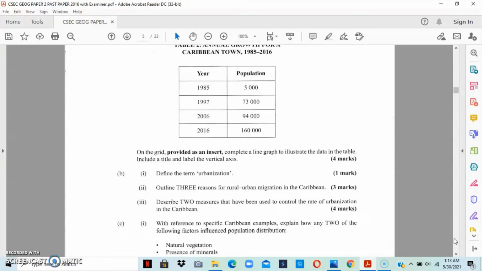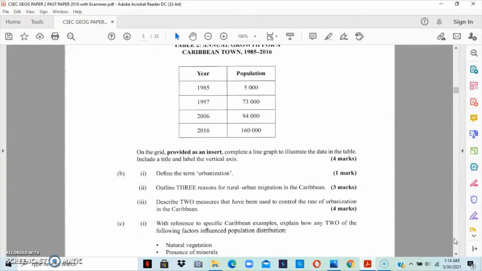They also move from rural to urban because of educational opportunities, right? So yes, there might be schools in the rural areas, but they may not offer the programs that persons want to do. So they oftentimes have to move from the rural areas to the urban areas for educational purposes. Health opportunities, or health purposes. Some of the procedures that are required may not be offered in a rural area. The person has to migrate to the urban area in order to seek health